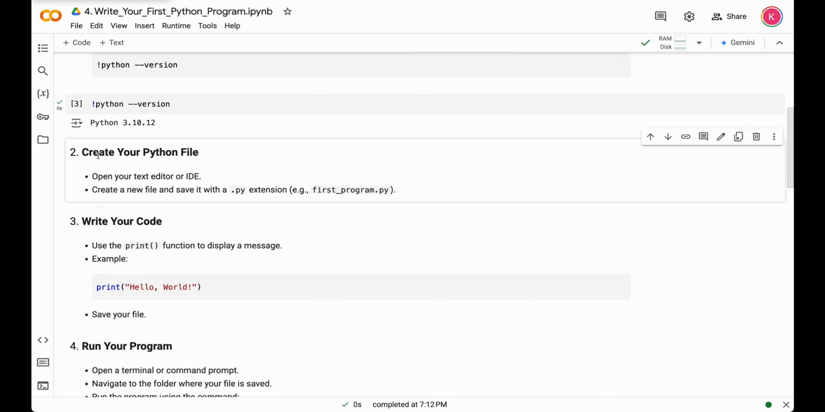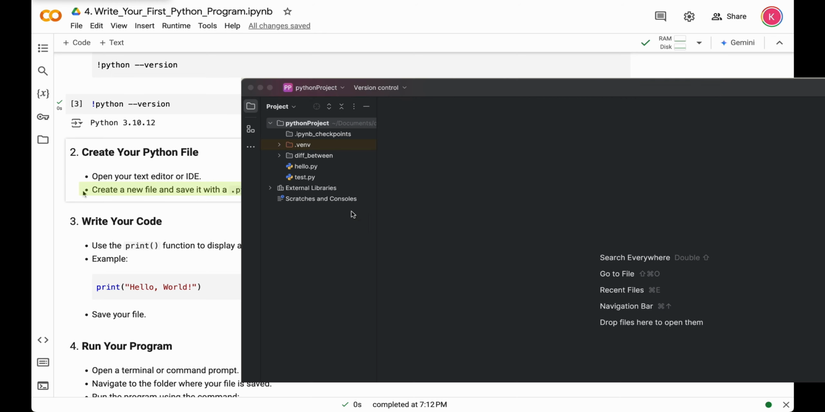2. Create your Python file. Once your environment is set up, the next step is to create your Python file where you will write your code. Open your chosen text editor or IDE, such as PyCharm, VS Code, or even the built-in IDLE. These tools provide a clean interface for writing and editing Python code, along with helpful features like syntax highlighting and error detection. In the editor, create a new file and save it with a .py extension, such as first_